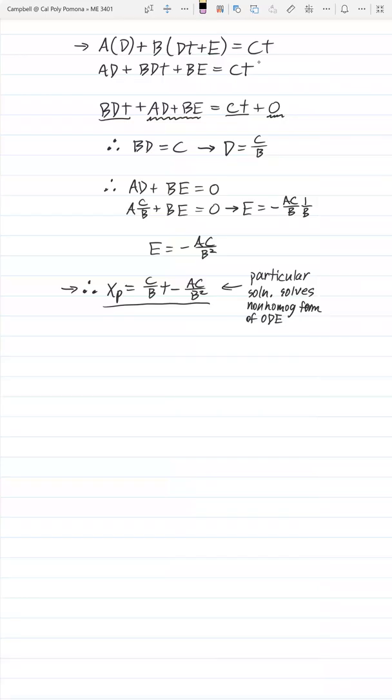Okay, and so let's go ahead and do a quick check and see if that is the solution. So of course, the first thing we need to do is take the derivative because we are dealing with a differential equation. So we have dxp/dt, and that's just equal to, of course, c over b. So plugging the original function xp and the derivative of that function dxp/dt into our original differential equation, we get